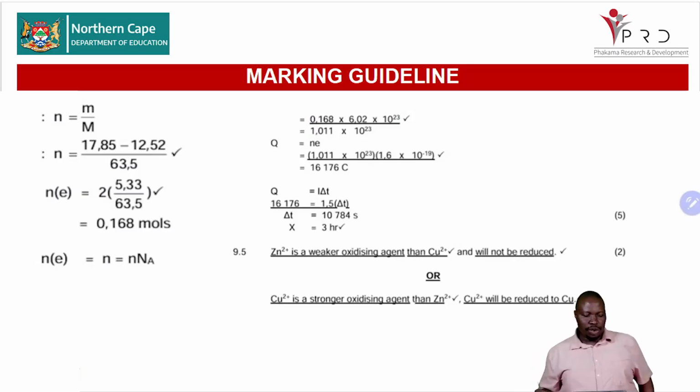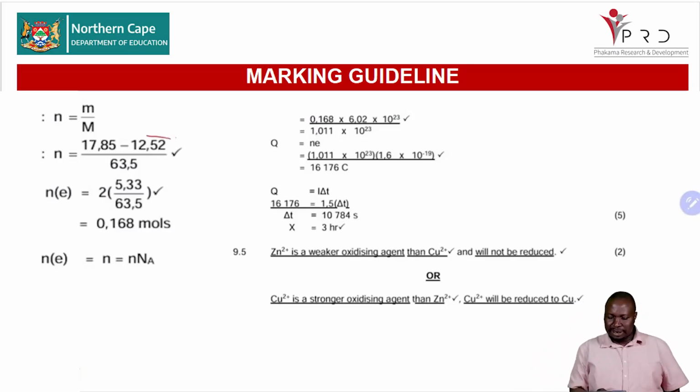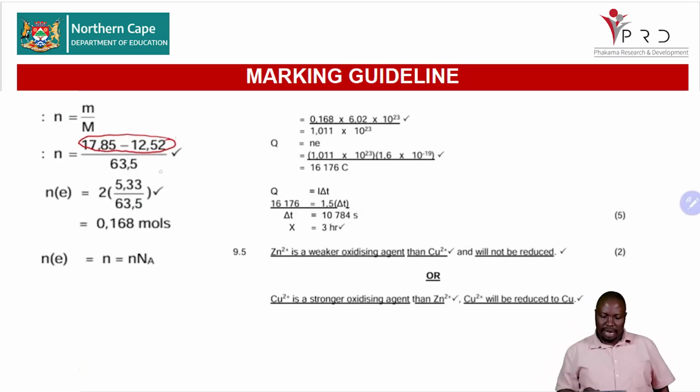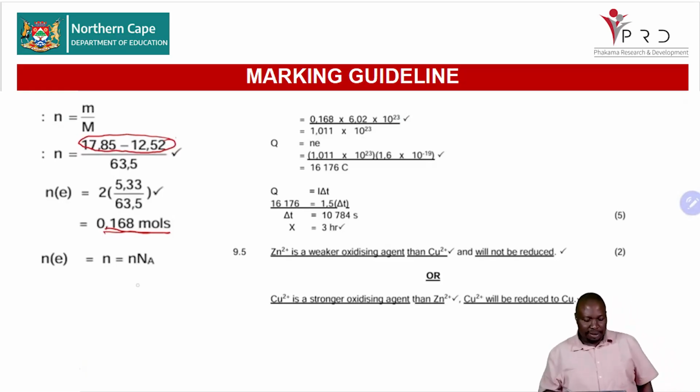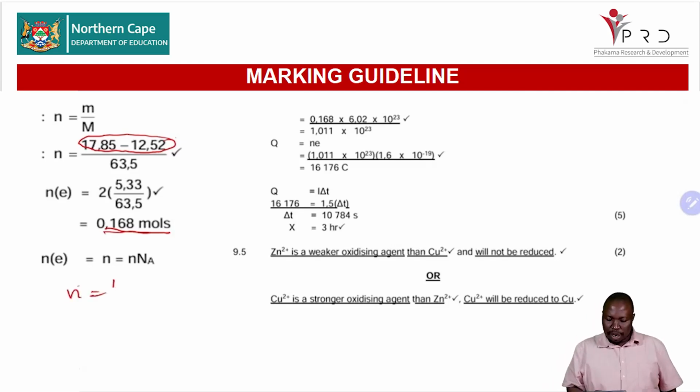In this case, you will have found the difference in the mass. You will have found the difference in the mass divided by the molar mass of your copper, which is 63,5. And then you do the mole ratios there, and then you're able to get that the number of moles is 0,168. And then using that formula, n equals N over Na, you use that one. When you substitute, you are able now to get your N,